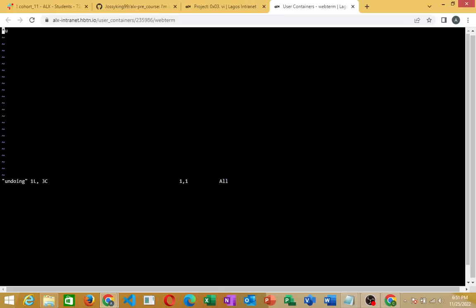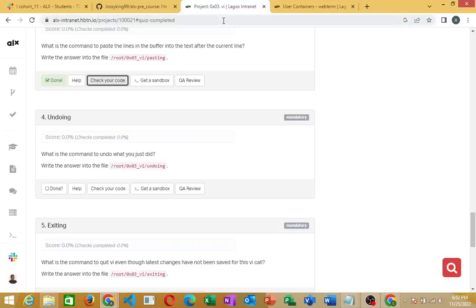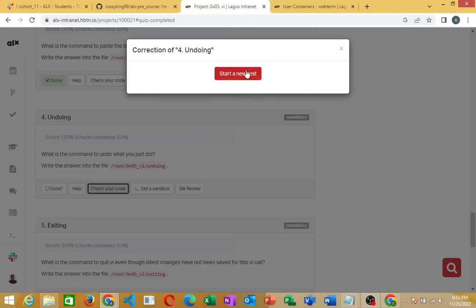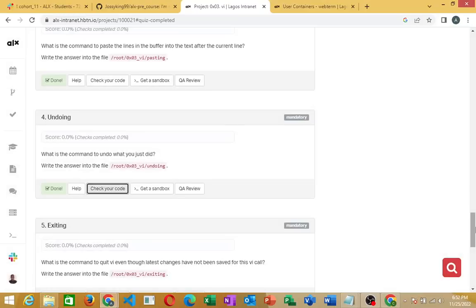Okay, I didn't enter the insert mode, so I'll just go directly and press colon wq here. Enter. Alright, so I've just done that. So I'll go and check my code. Undoing. So it's all checked. We are correct. Close this. We move to the next task,